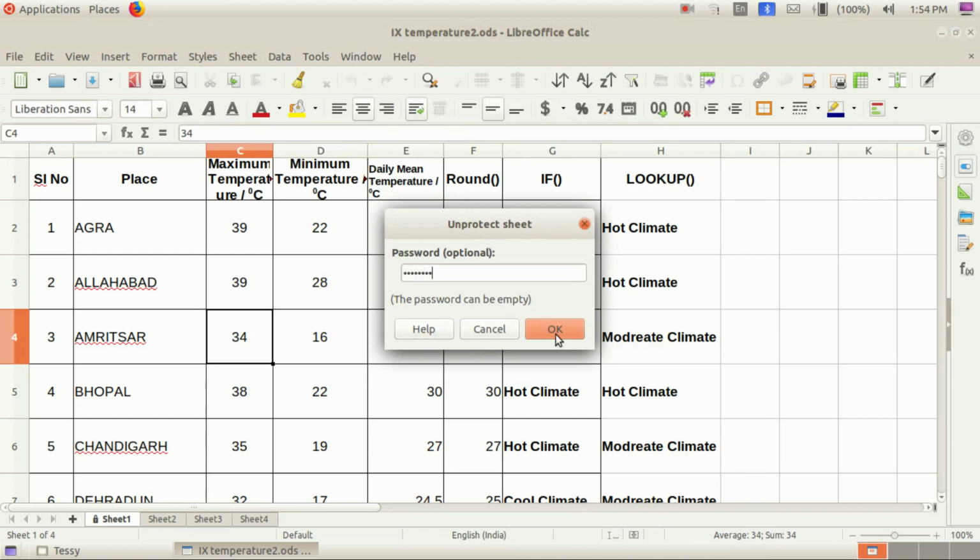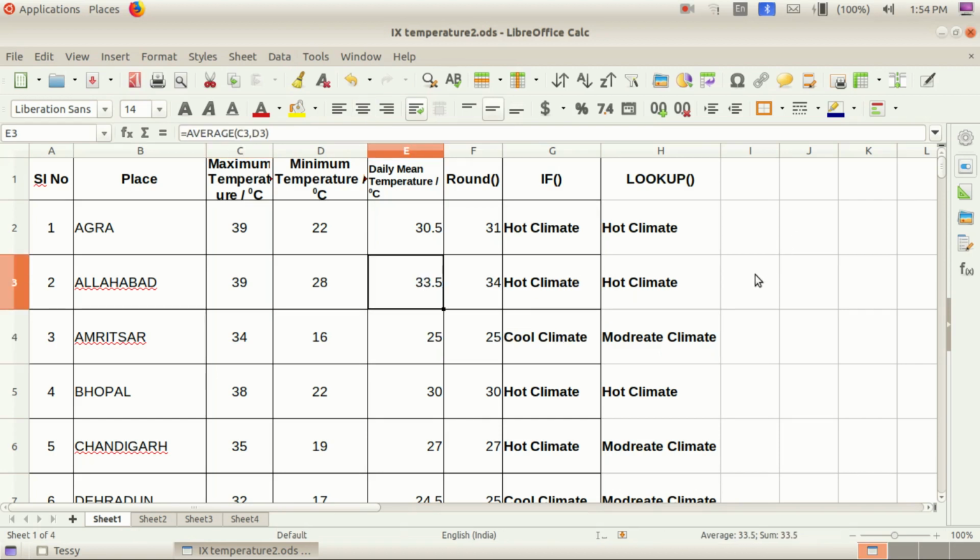Password correctly. Now you can change it, children. You can write anything there. Okay, now you can make changes or write anything there. Is it clear now? Okay, I think all of you understand. This much only is in your textbook. Is it clear? Okay, yes. Let us conclude. This chapter is over, children.